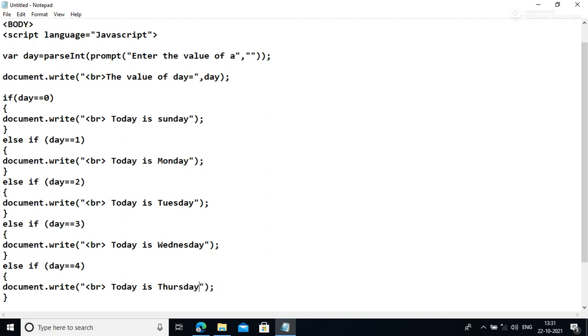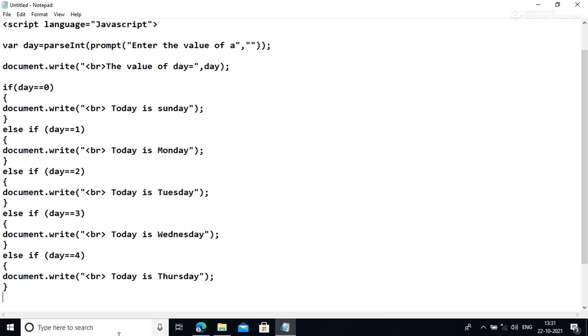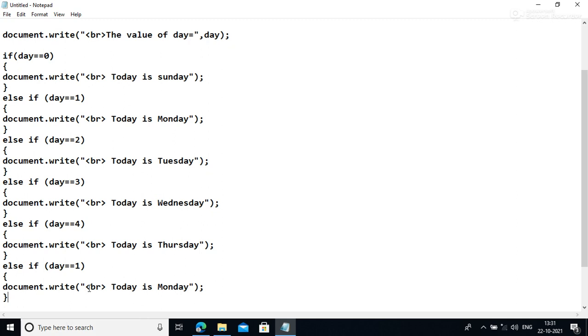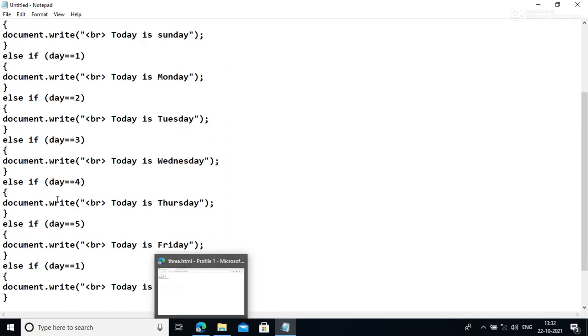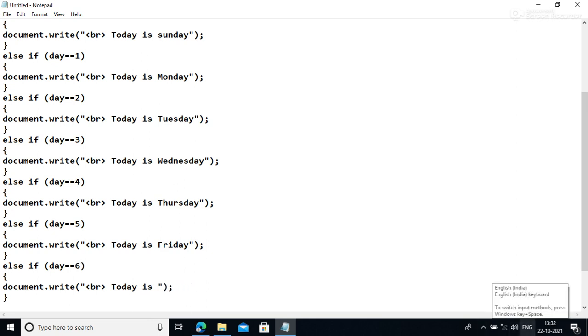Next is Control V, write here 5 and the statement will be Friday. Next write again 6 and the statement will be Saturday.